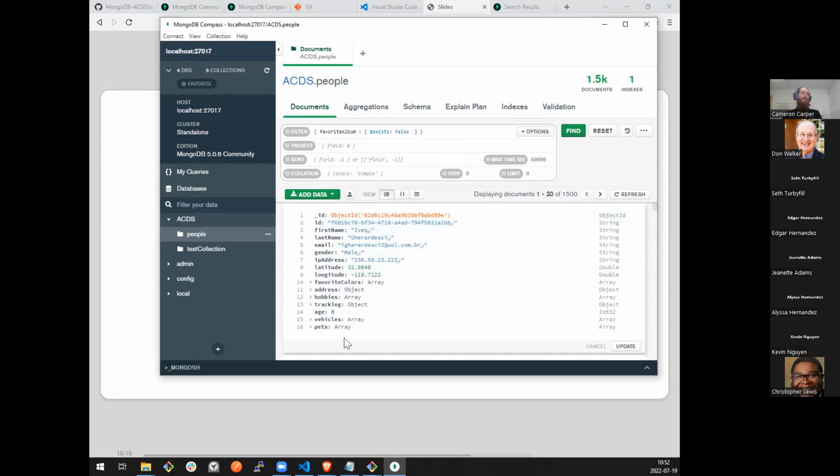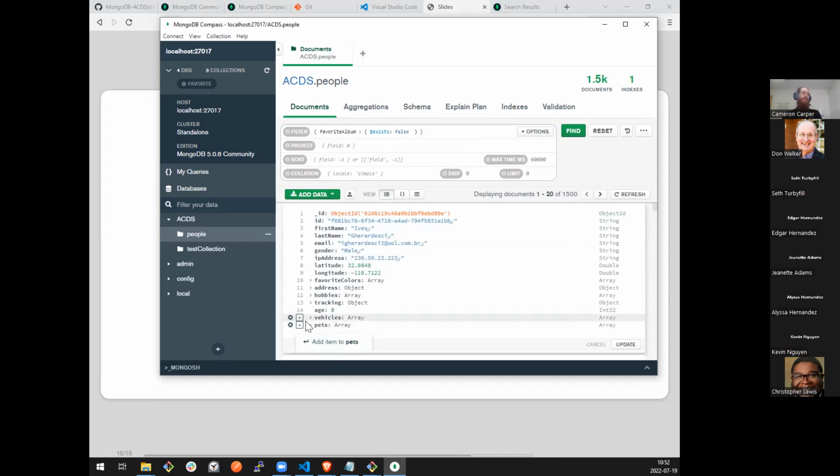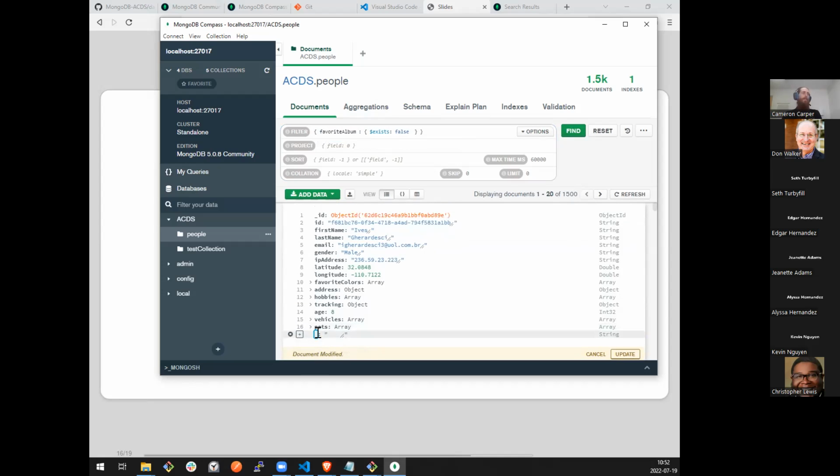And just to show the difference as one extra bonus, I'm going to manually modify this one document, and I'll give it favorite album since I already wrote that. I can't think of a good one offhand, so I'm going to use test.